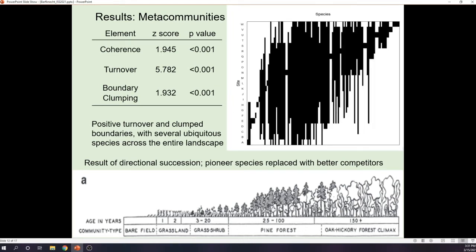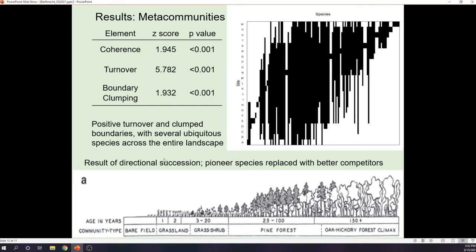And then I actually generated that matrix, and I think it's pretty easy to tell. Again, remember that black here is the occurrence of a species, which is our x-axis, and y here I chose to organize based on sites from where I started to finish. A lot of these species go all the way across the board, so there's several ubiquitous species that characterize these environments. But there's also this very clumped nature, this boxy nature that points to positive boundary clumping. But there's regular replacement, which is where we get kind of this trend, this slope in the overall interaction matrix.